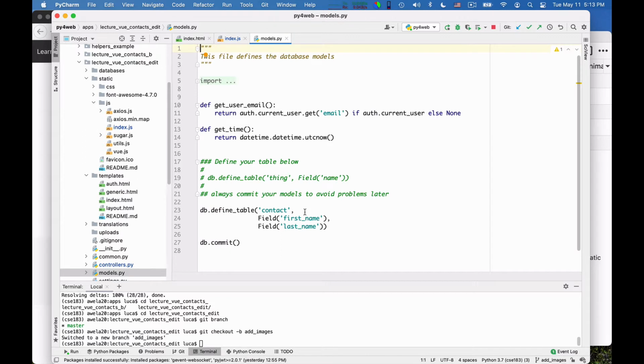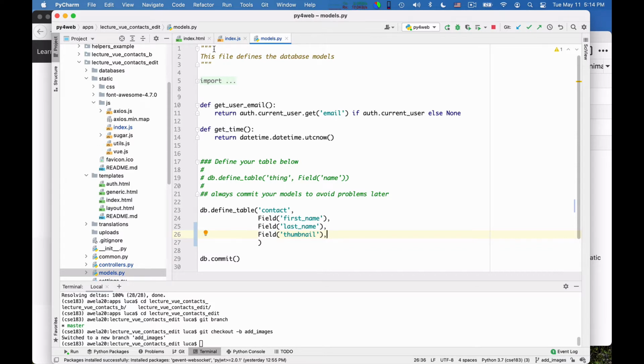And in the contact, in addition to first name and last name, I want to add a field that is the image of the person. Thumbnail, I call it. Okay? Because it will be small. We don't have space for a large one. So I add it here.